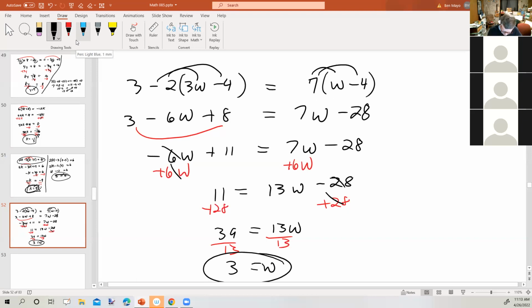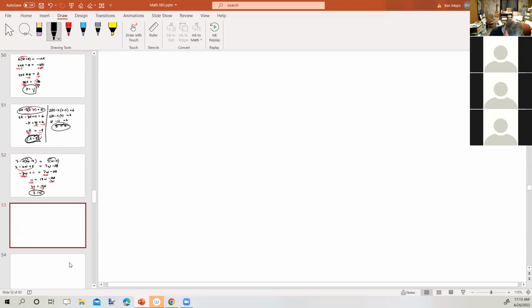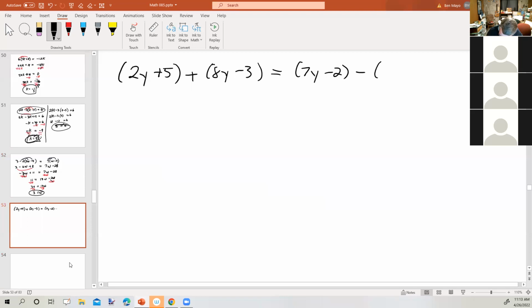Okay. Let's take a look at this one. The quantity 2y plus 5 plus the quantity 8y minus 3 equals the quantity 7y minus 2 minus the quantity y minus 9. Okay, so